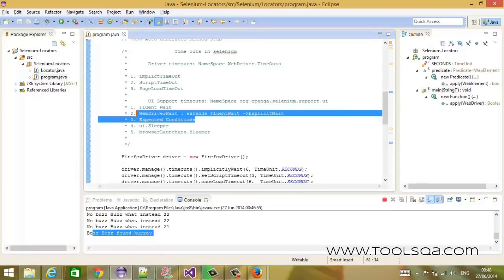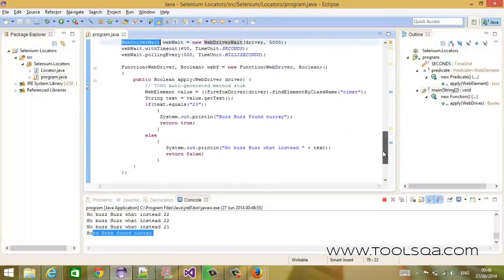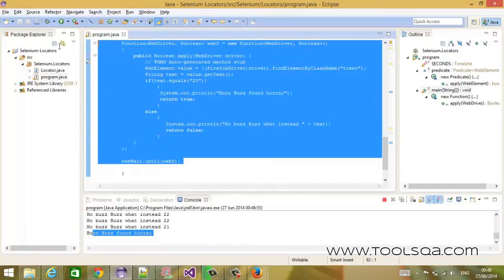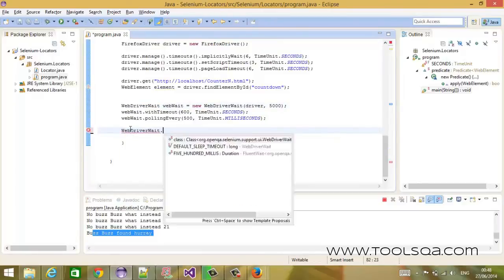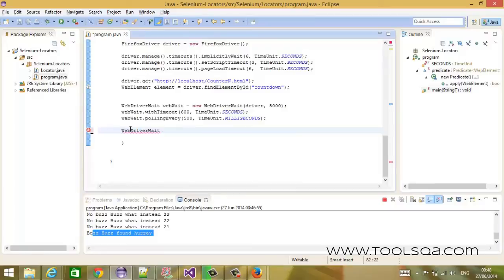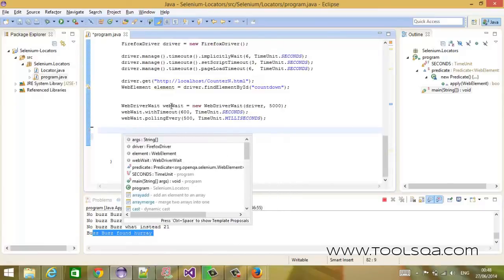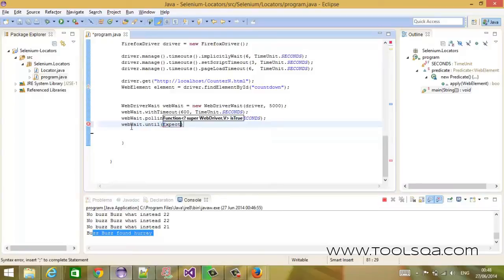Now let's talk about expected conditions. An expected condition again returns a predicate. So let's say this is the function you have written for your WebDriverWait. With expected conditions you don't have to write so much. Let me show you how. All you have to do is WebDriverWait dot until. No, it's not WebDriverWait, it's the wait dot until, and all I have to do is say expected